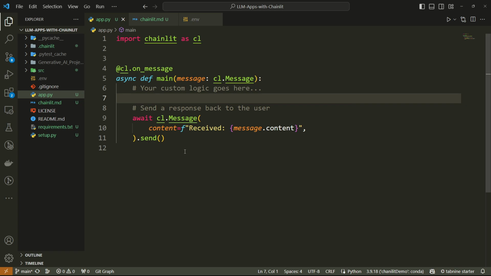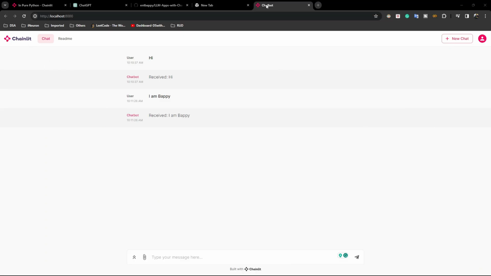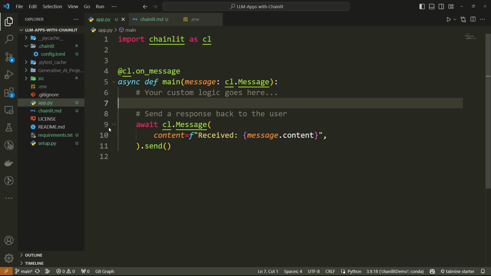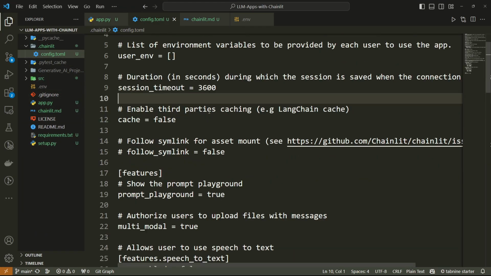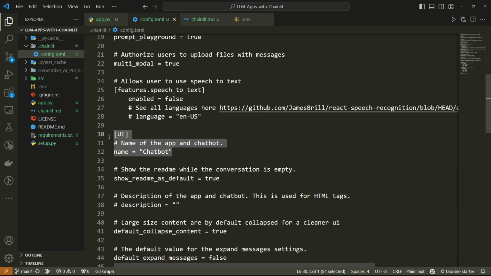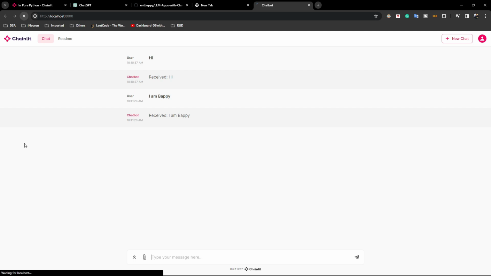Basically we'll be building one Zomato bot with the help of a large language model. I'll be using OpenAI GPT 3.5 turbo, and we'll be chatting with our bot with the help of this Chainlit. And here, if you see, your app name is currently chatbot, so you can also change this name. I told you there is a configuration it has generated. If you go below, here is the option to change the name. By default it is chatbot, so you can give something like chatbot for Zomato. Okay, now if I refresh and again refresh here,